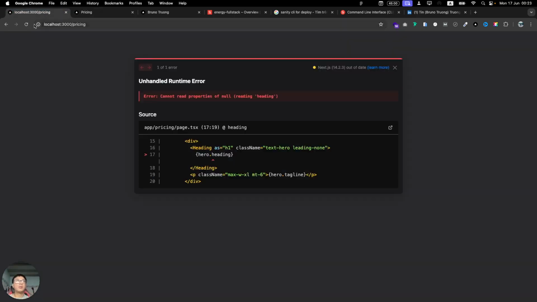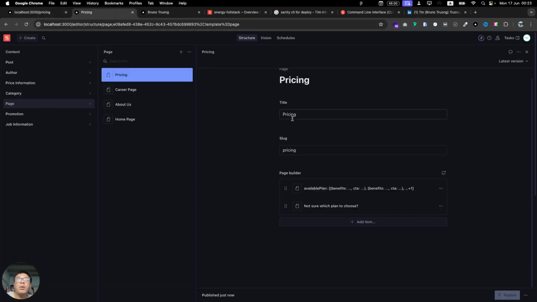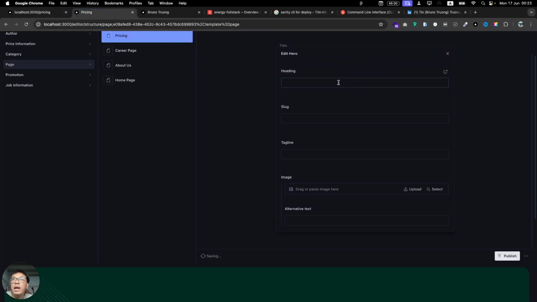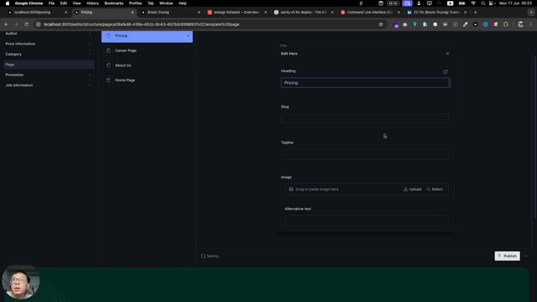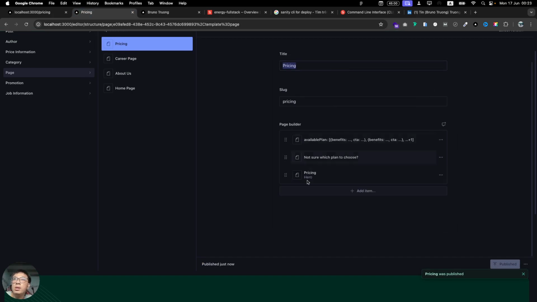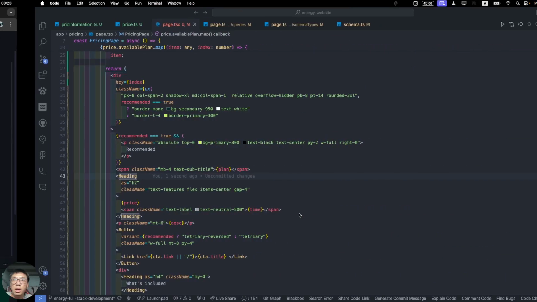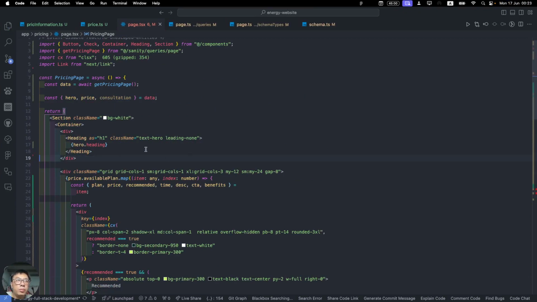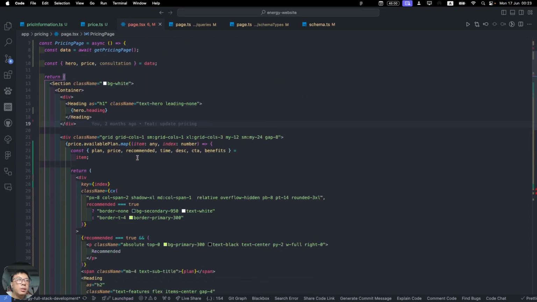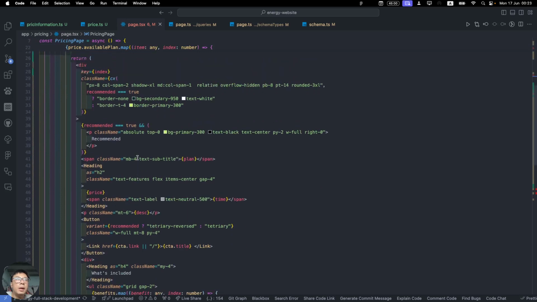Alright, prices. We don't receive the hero, so we need to add the hero first. For the hero we have the prices only. Do we have the tagline for that? I don't think so. Okay, so just publish. Okay, so we have the hero and the heading. Let's check on that. We don't have a tagline, so basically we can remove it and just use the heading, and yep, okay,